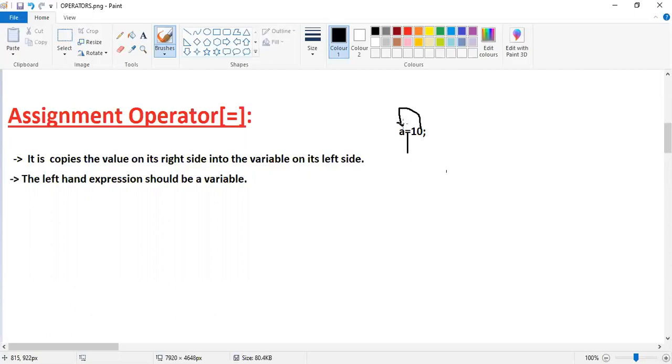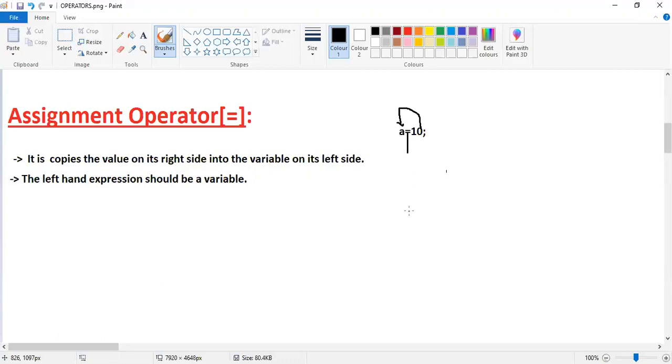The operator assigns the value to the variable. For example, 10 is stored in a, and if you want to print the a value, it will display 10.